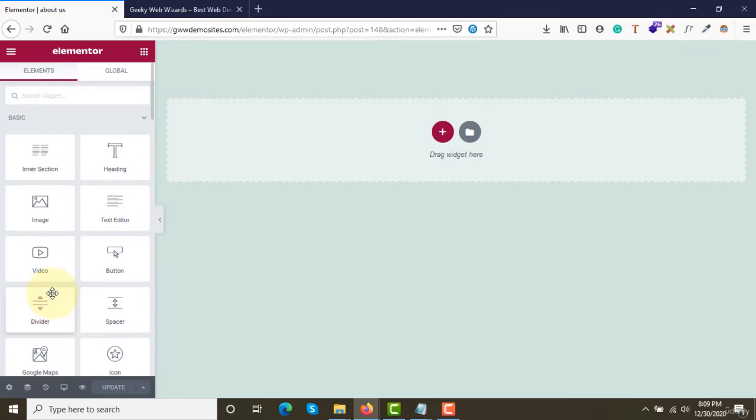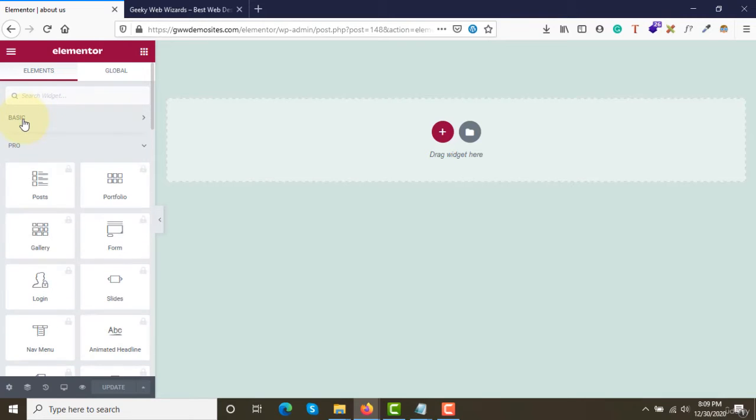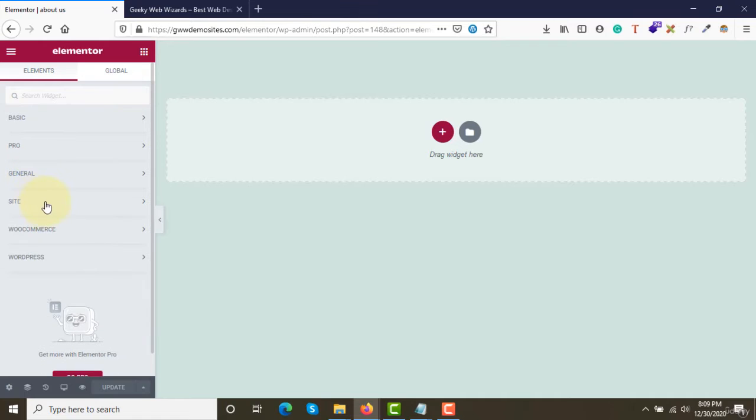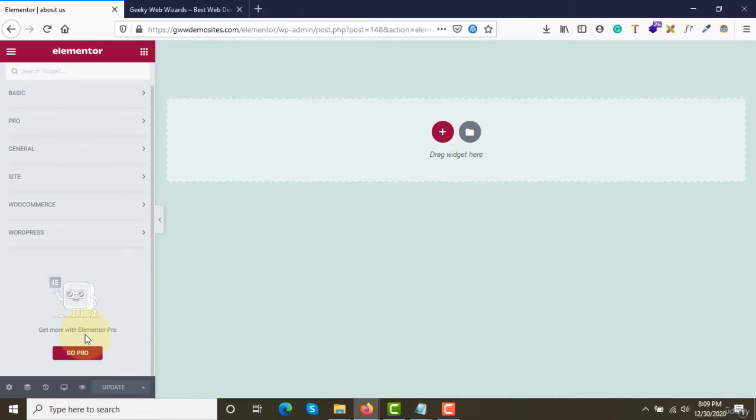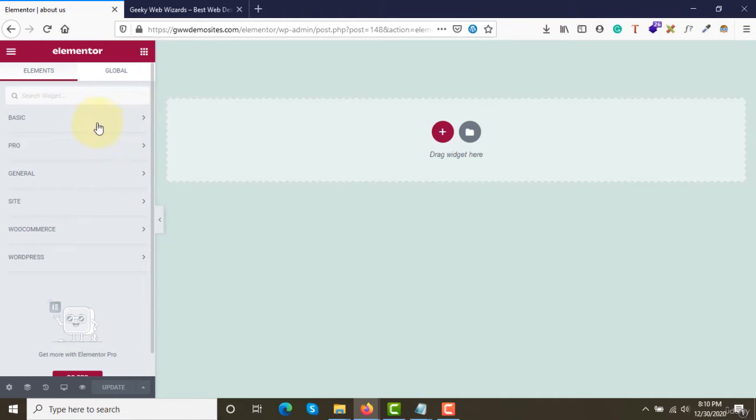You might get overwhelmed at first once you see this, but to not confuse you, let me close these tabs. Let me click on basics and it'll close, and let me close this pro, and this general, right? So on the left hand side you are seeing the editor that has been provided by the Elementor plugin. Using this editor we'll be creating the website here on the right side.